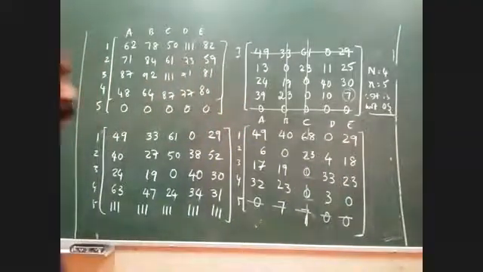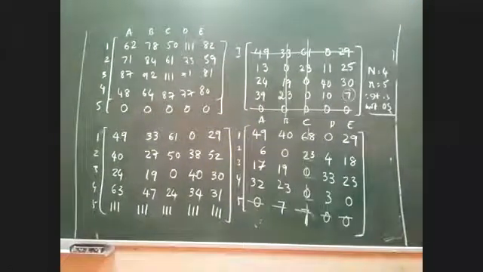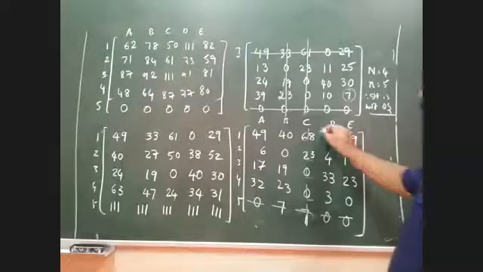So what does the rule of allocation say? Always select a row with a single zero. Same procedure. How many rows have a single zero here? First row, second row and third row. Only a single zero is there, so you can select any one randomly. I will start with the first row itself. In the first row only a single zero is there.